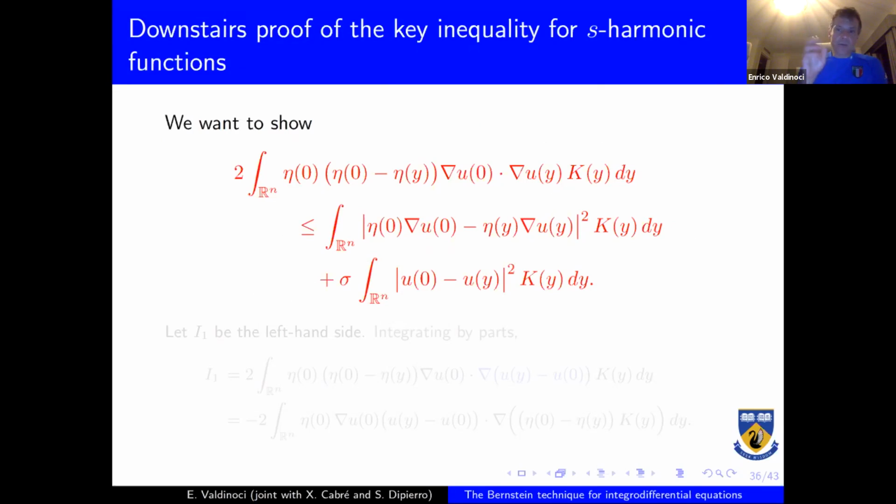So I would like to give some hints of the strategy, at least for the case of S-harmonic functions. As I was saying, for S-harmonic functions, we are able to prove the key inequality actually without the remainder. The remainder is needed if the function is not S-harmonic, if it satisfies a general integral equation. But I would like to show this special case because it's a little bit easier, but shows already